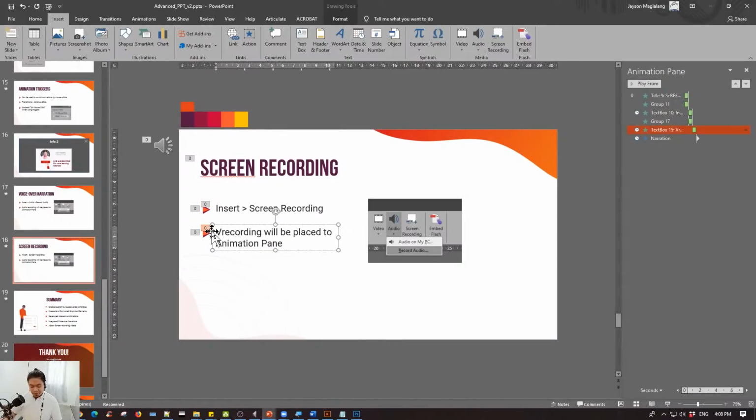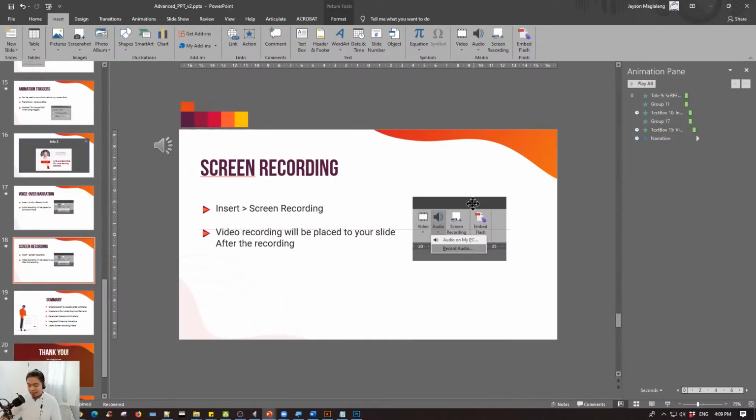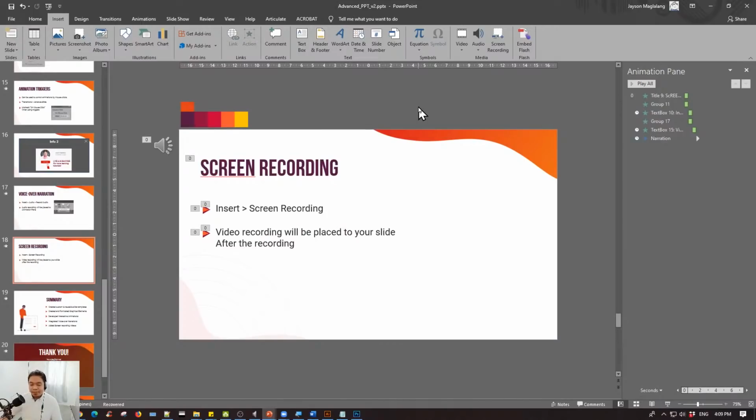And then video recording will be placed automatically ito animation pane. O kaya your slide after the recording. Ayan. So, paano po magkaroon ng screen recording? Ito po, napaka-effective way po